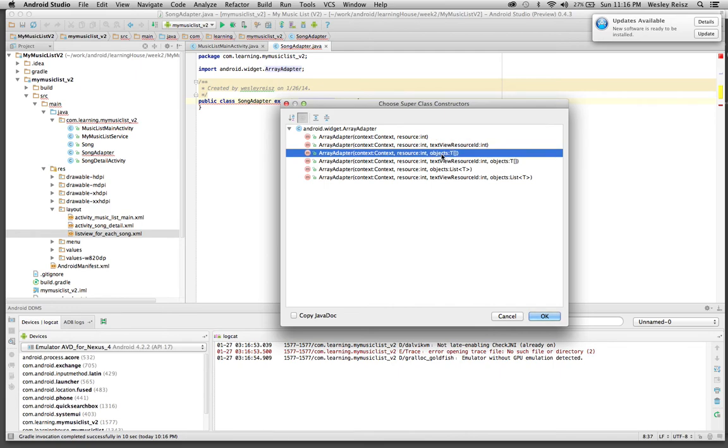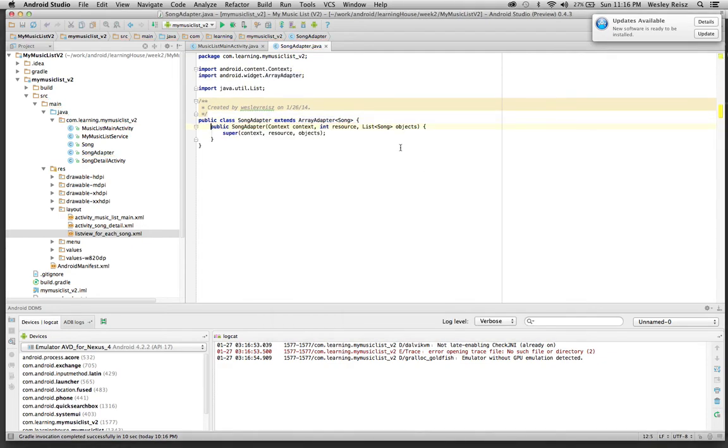A list of objects. Looks like this one or this one is the way to go. I want to pick that one. And then what I need to do is I need to actually save this data as it's passed through. So I am going to open up the song adapter. So what I'm going to do is I need to save this context and I need to save